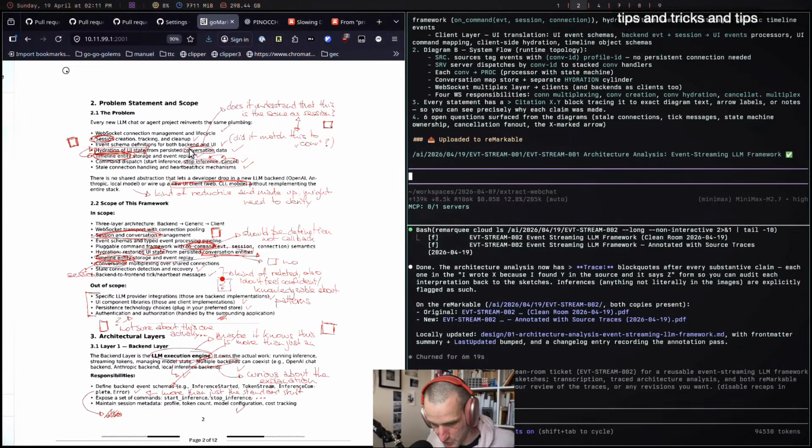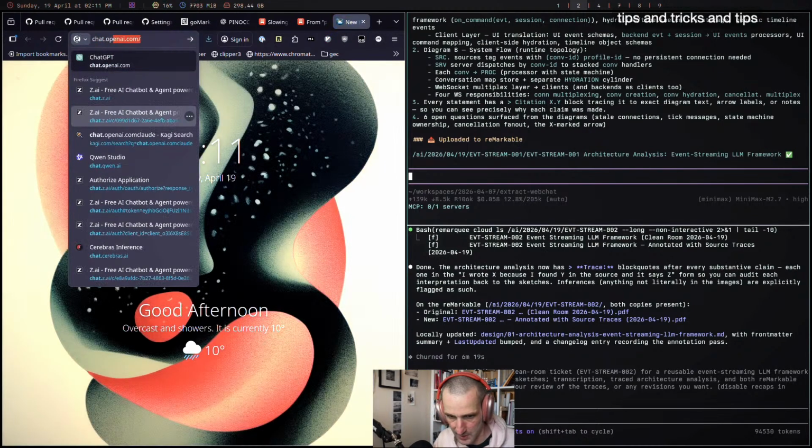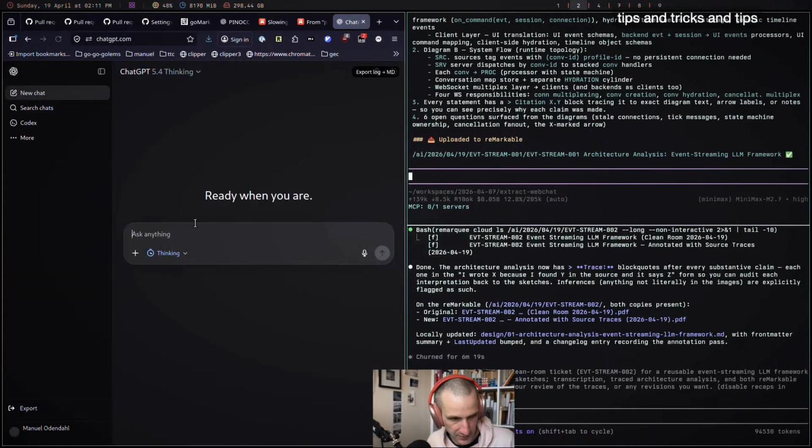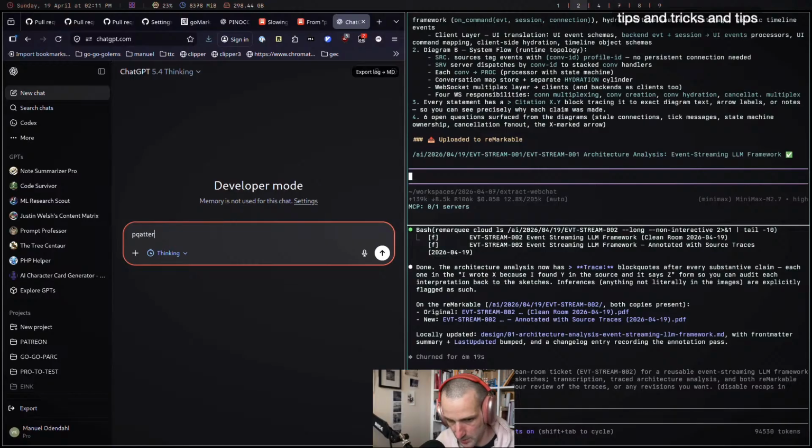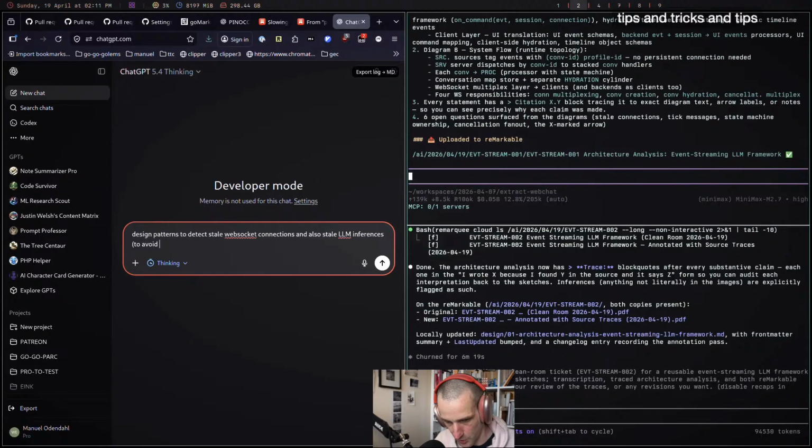So usually I put a square with a question mark, which is a sign that I should go do some research about this. So it's like design patterns to detect stale WebSocket connections and also stale LLM inferences to avoid, say, being stuck in thinking in a web chat application.